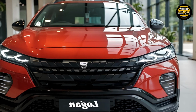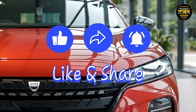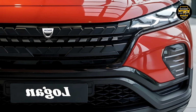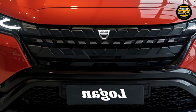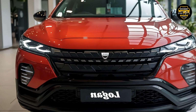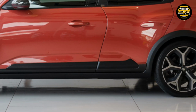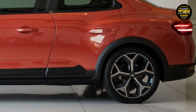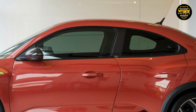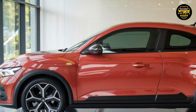Paired with either a 5-speed manual or an updated CVT automatic, which, I have to say, is noticeably better tuned than before. The Logan drives with a newfound maturity. It's not sporty, and it doesn't try to be, but it handles urban roads and highway cruising with quiet confidence. Steering is light and direct, perfect for city driving. And the suspension has been retuned to better absorb bumps without feeling too floaty. Whether you're commuting through traffic or navigating tight parking spots, it feels composed and predictable, just what you want from